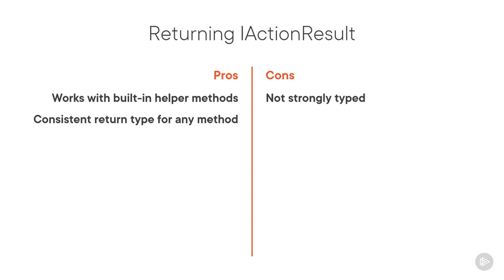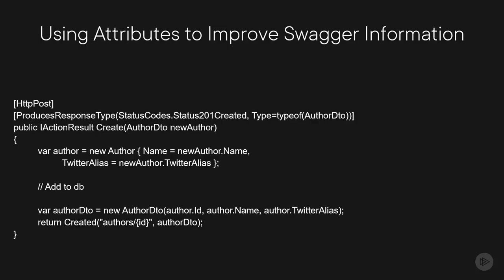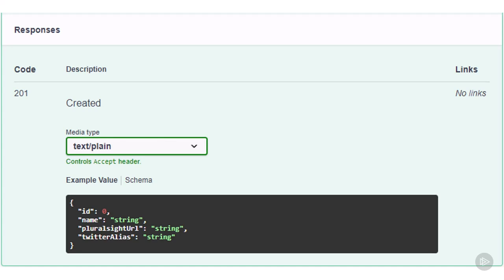So if you want to use a tool to generate Swagger documentation, you will typically need to add attributes to inform Swagger about what exactly you might be returning. Here's an example of an action method that returns an IActionResult, and because it's not strongly typed, the ProducesResponseType attribute must include the type being returned, in this case, AuthorDTO. When you open this up in Swagger, this is what the attribute allows Swagger to display as the response expected